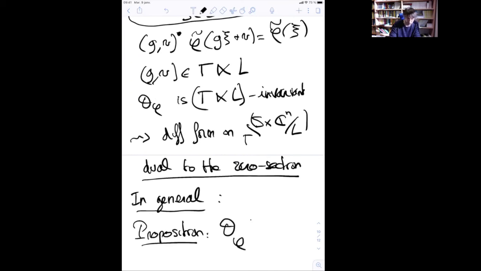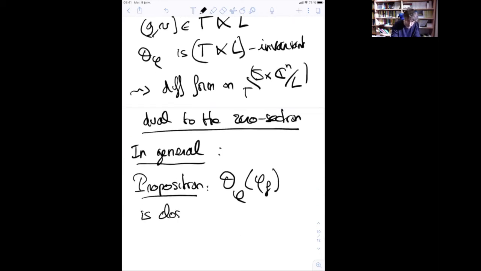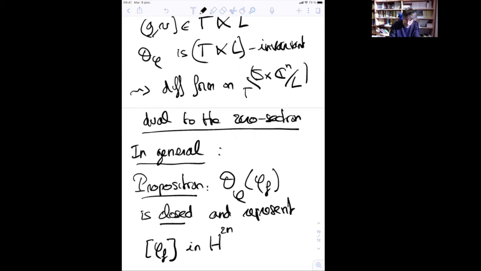Theta phi of phi_f is closed and represents the class of phi_f, or the class of the divisor, if you want, in H^{2n}, better to write it like that, G of L_F relative to G of L_F minus the divisor phi_f. So it's really the